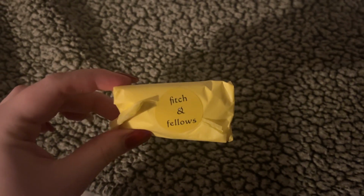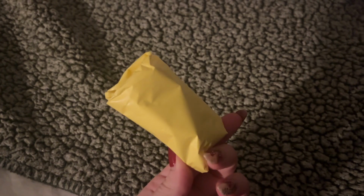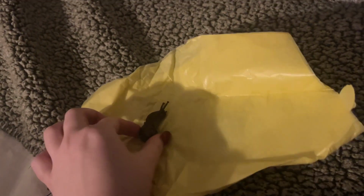And then we have the beautiful little package from that shop that I talked about earlier, and I will say it was a little bit of a challenge to unwrap on video, but I left this in to entertain you because the lady in the shop was really nice to wrap it up so neatly for me. But it is a little snail pal. I like to say that sometimes